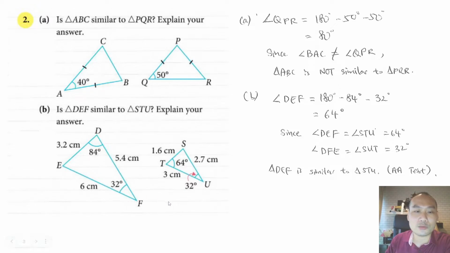Okay, this is the angle that we are missing, because we already know 84 degrees, we already know 32 degrees. So we can find DEF by using angle sum of triangle. Okay, and from here we work it out, it is 64. Okay, so once we have that,